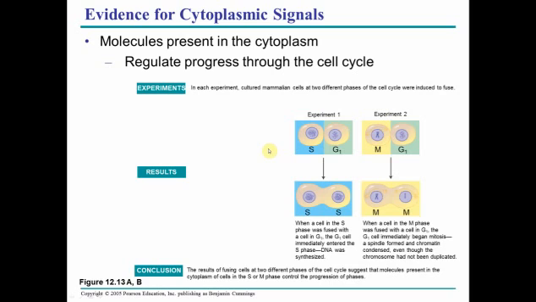Here's an experiment where they took mammalian cells that they cultured at 2 different phases of the cell cycle, and they were triggered to fuse. Here we see a cell in the S phase of interphase, and here's a cell in the G1 phase. When they combined them, both of the cells that were fused entered the S phase, even though this one was in the G1 phase. So there was something in the S cell that triggered the G1 cell to continue the cell cycle. And of course, the same goes for experiment 2. Fusing 2 cells at different phases of the cell cycle suggests that molecules present in the cytoplasm of cells control